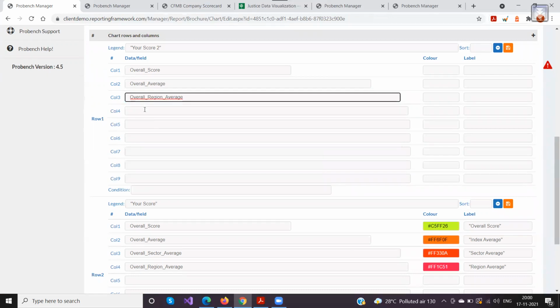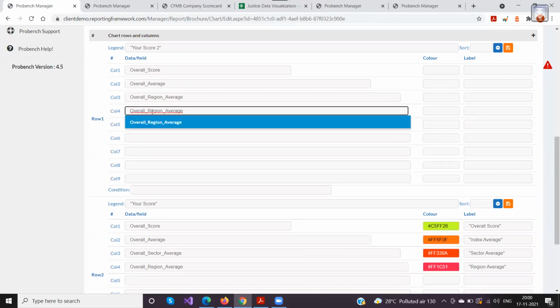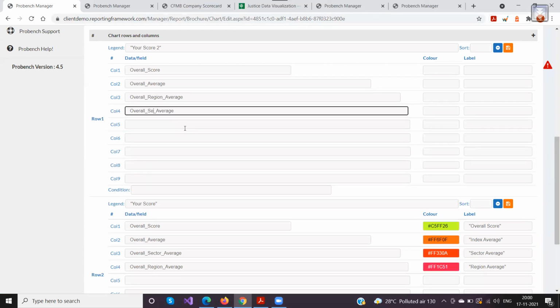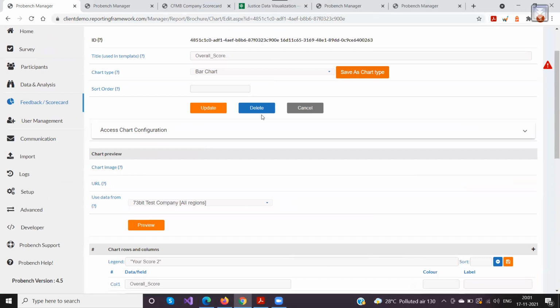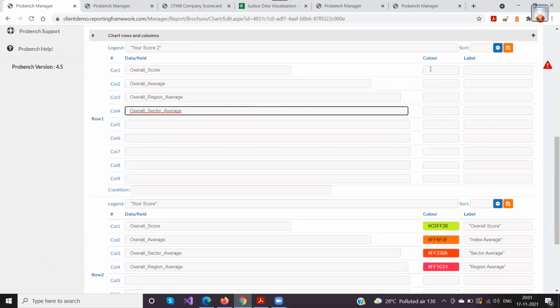So I'll use overall sector average. These fields are basically the bars that you were seeing there, and each bar can have its own color. Color can also be specified here.